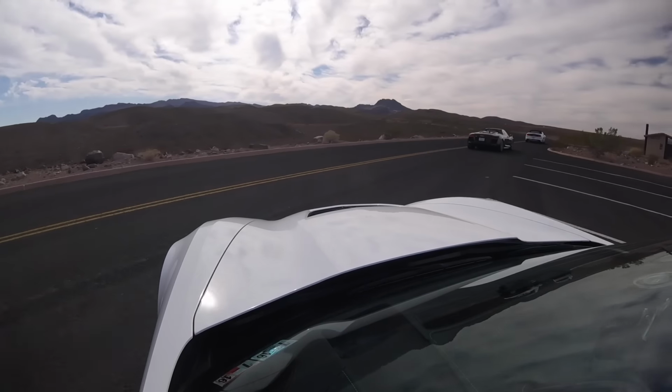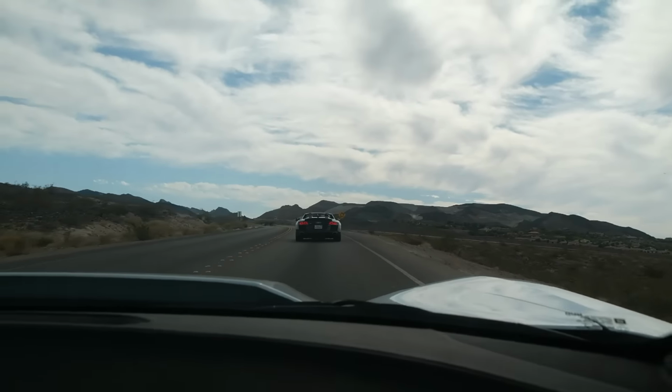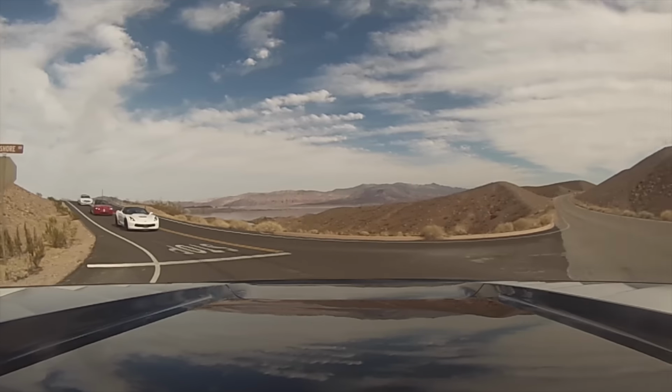I'm in a Corvette Z06, so I can't complain. By the way, I apologise for the shake on the camera. I don't know what's going on with my GoPro mounts today, but everything is shaking. You may or may not have seen that I drove a...